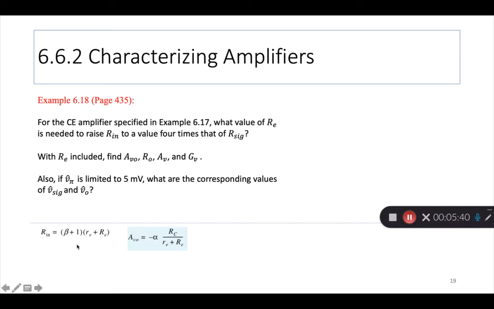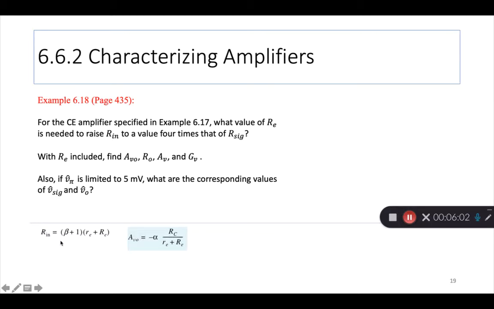So why does it increase? Because we use this formula. Previously it was just r pi, the small r, but that now becomes this, and so the input resistance goes higher. There are other benefits also, but for now I think we are focusing on this